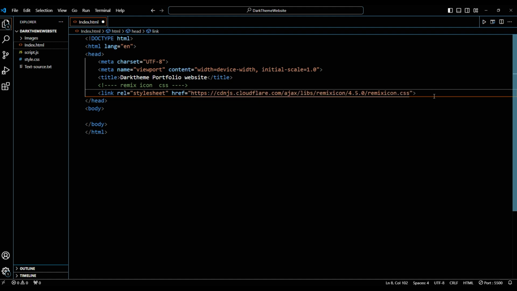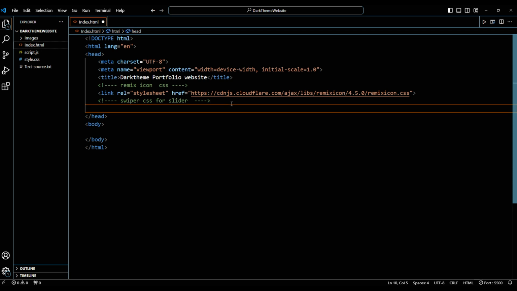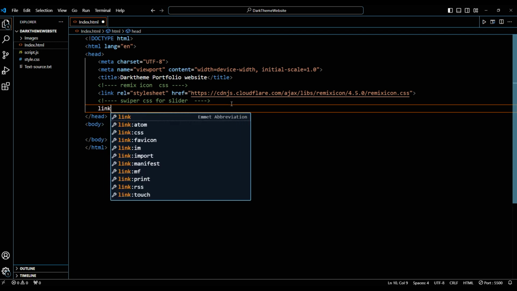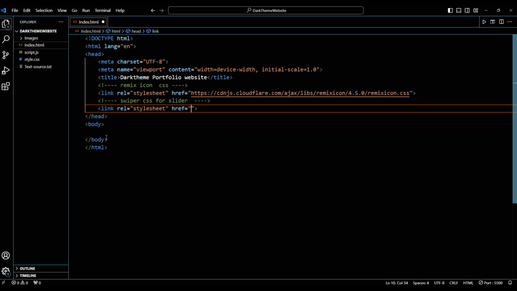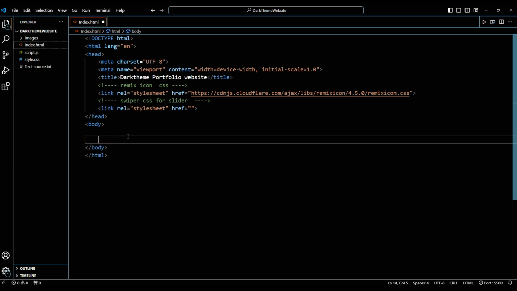So this is for the Remix Icon that we are going to use in our web page. Then for the slider we are going to use the Swiper slider. For the CSS file we link it here, and for JavaScript we will copy the script file at the end of this HTML page, before the closing body tag, right? So first of all let's